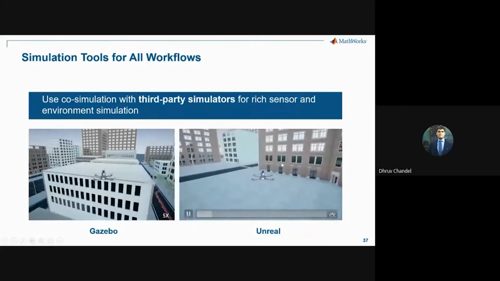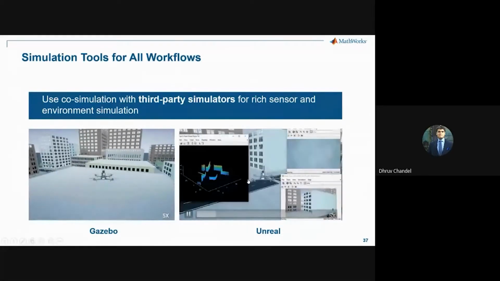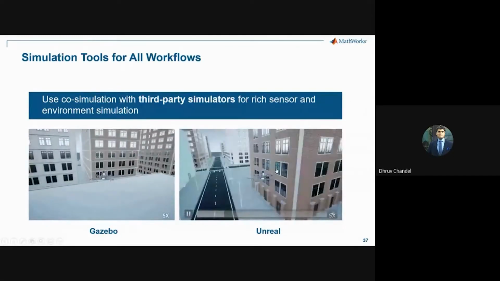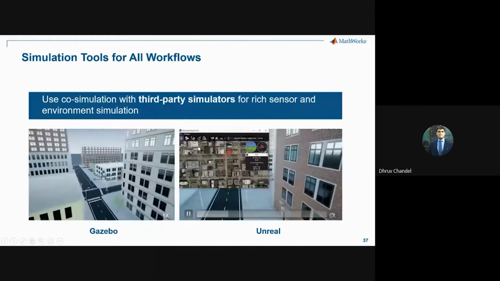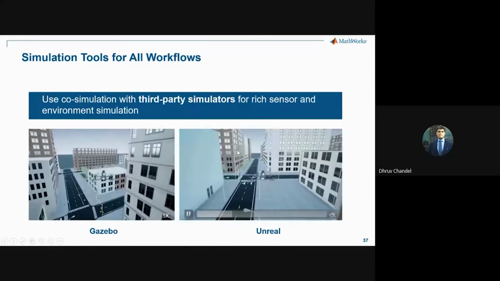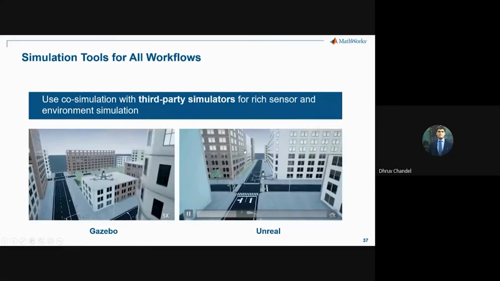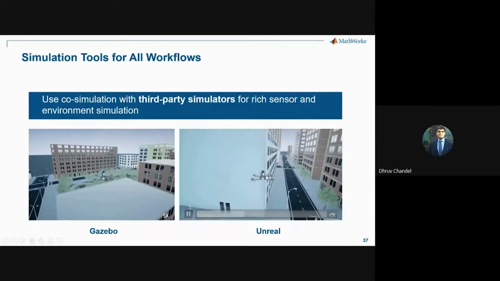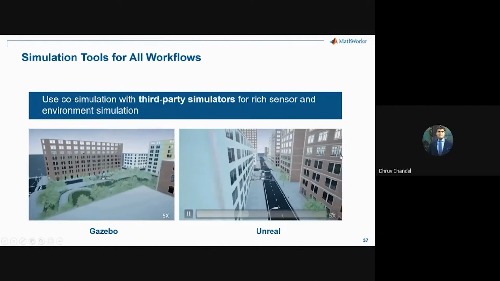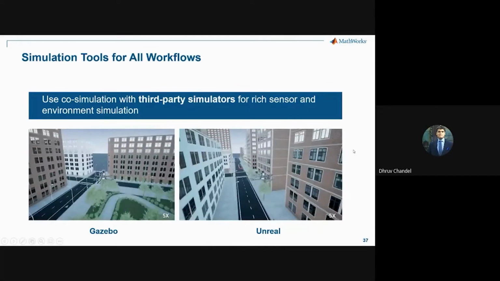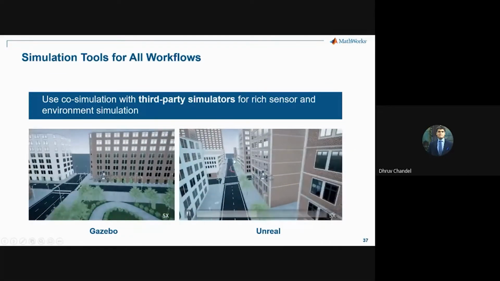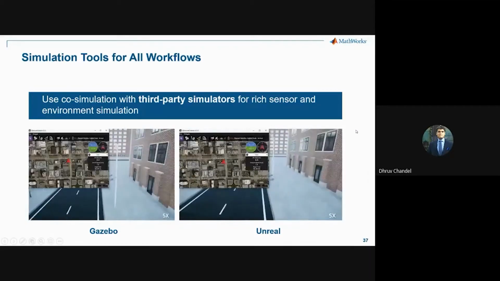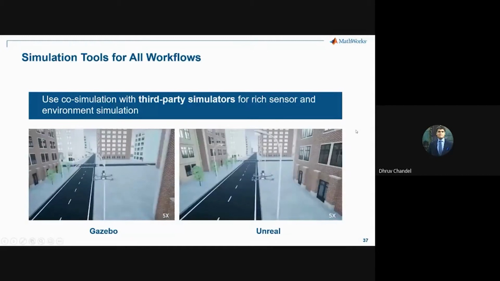So in real life, you would never get clearance to fly a prototype UAV inside the city like this. It's just not possible. But if you're working with Gazebo or Unreal, you can build your own street view model based on Google Maps or something similar. And you can actually have models of your camera optics and your LiDAR as well. And you can test if your navigation algorithms, etc., are working properly. This Unreal Engine and Gazebo is supported by both the UAV Toolbox and the Navigation Toolbox.